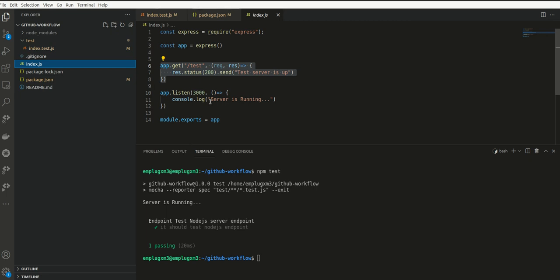So next we're going to set up the GitHub workflow so that we can trigger this test when this code is pushed to the GitHub repo. Okay guys,